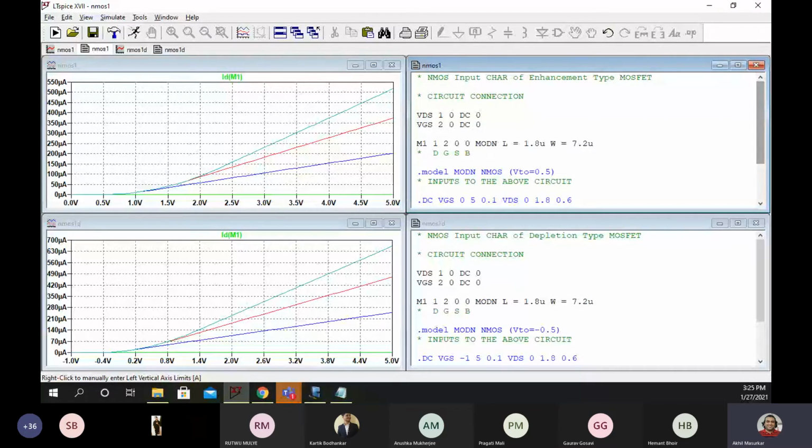If it is minus in case of PMOS earlier, it should become plus. So please post this thing.